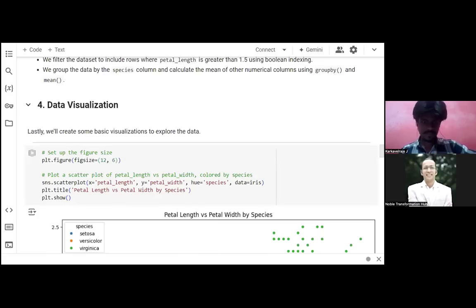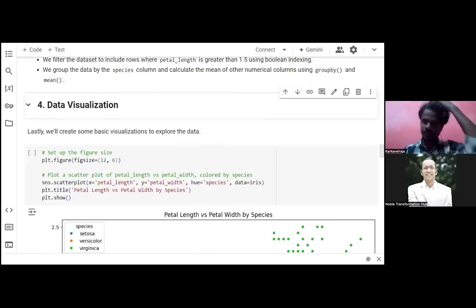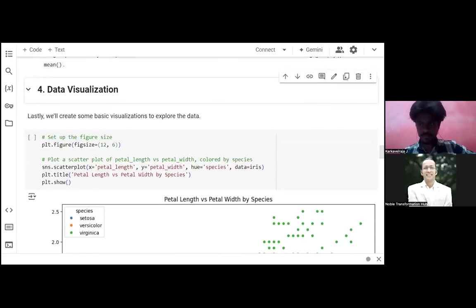Yeah, so data visualization, I think it's very well explained, guys. So I'll summarize and touch the important aspects only. When we do data visualization, what we have to do is understand data.